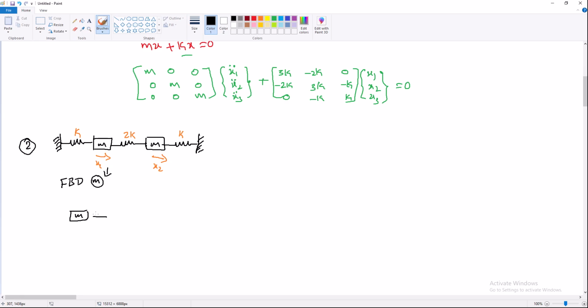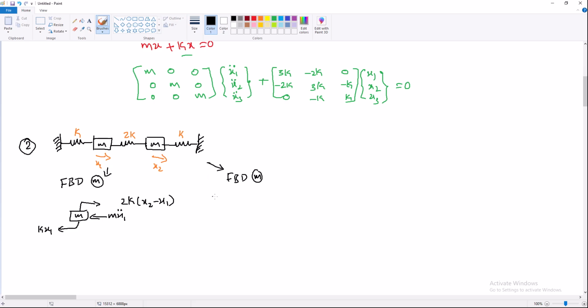So we will be having mass into acceleration, which is m x1 double dot. In the other direction I do have 2k times x2 minus x1, since it is x2 minus x1. And here we have one more stiffness, that is k x1. This is the free body diagram of the first mass, and the free body diagram of the second mass means for